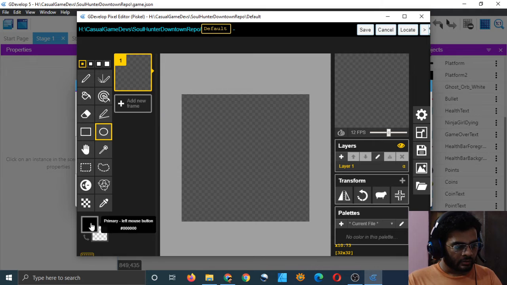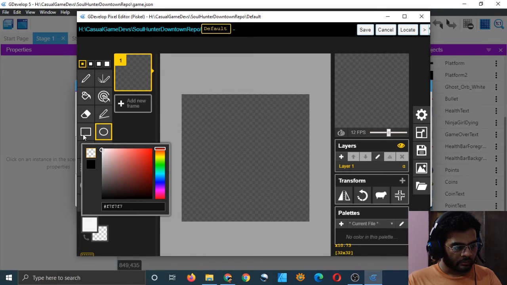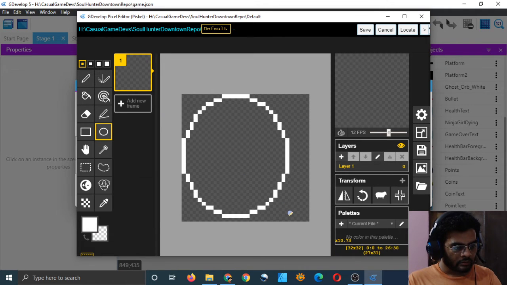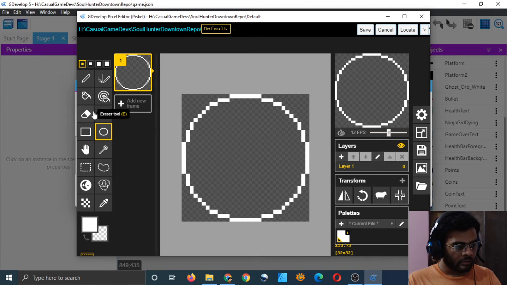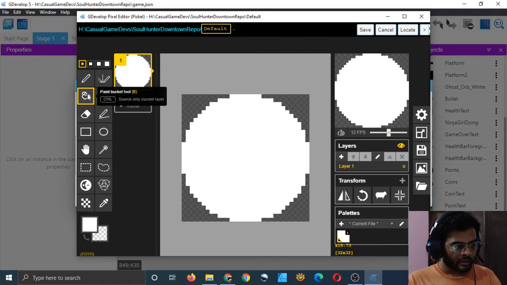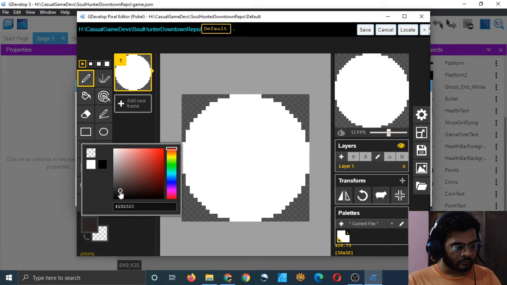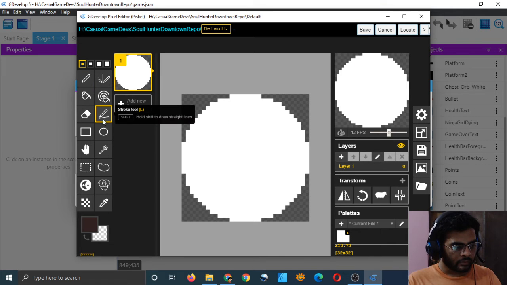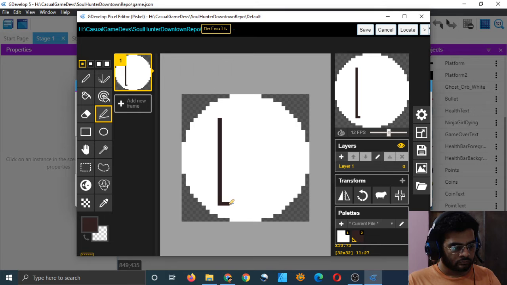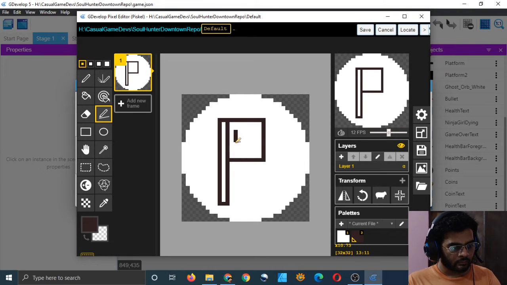Make a circle and make it white and just drag this circle and then paint it in and make a nice P here with some dark color and make it with the stroke tool. Now this means pause.